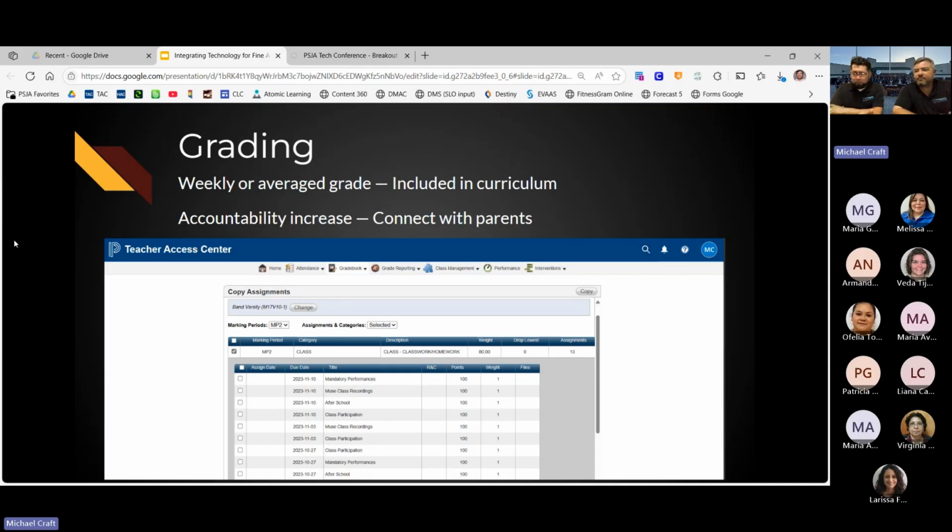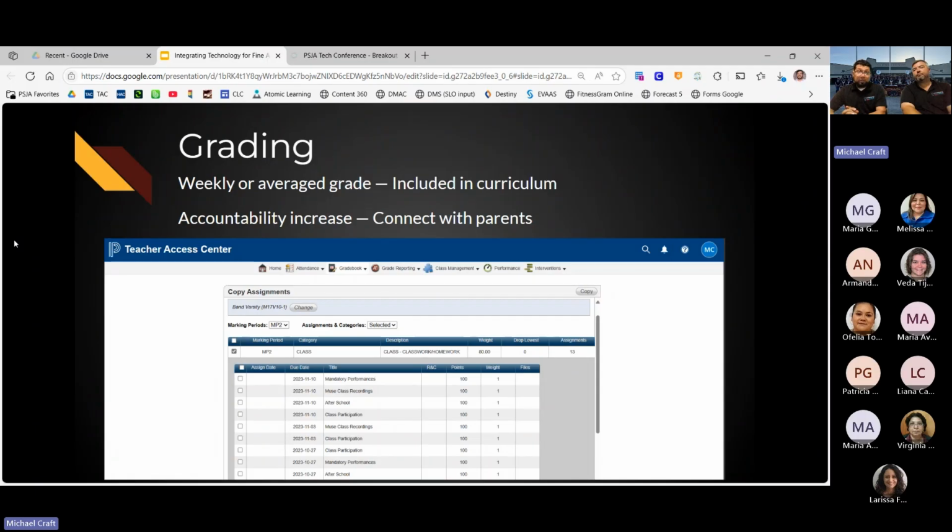I know also in the Google Classroom, once you do all these assignments, they do have a grade book that you can transfer over. I really haven't done that. I will just have a spreadsheet to one side and then upload the grades to my other screen over there. But it still just makes everything in one spot, and that's the easiest thing for us when we're dealing with 120 seventh and eighth graders, and then 100 plus sixth graders.